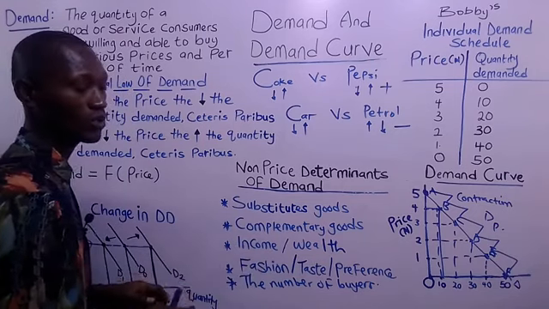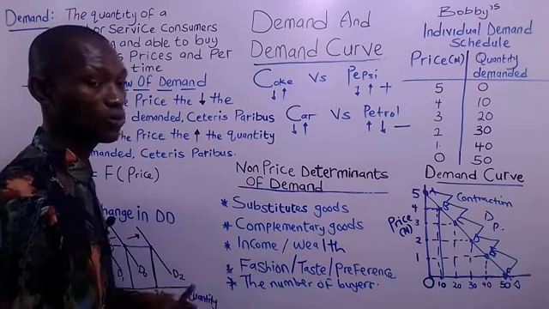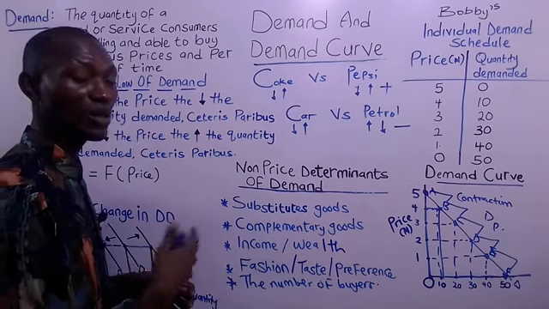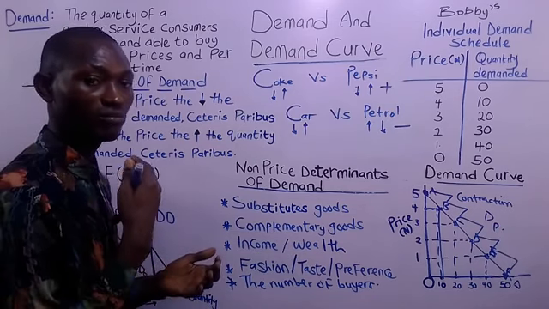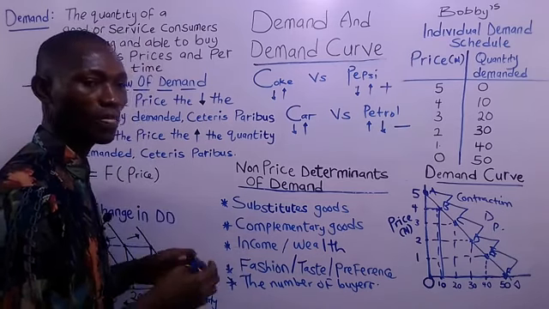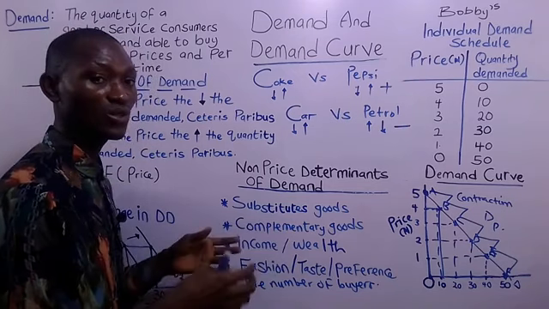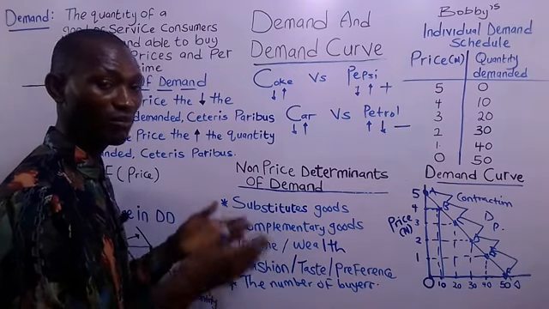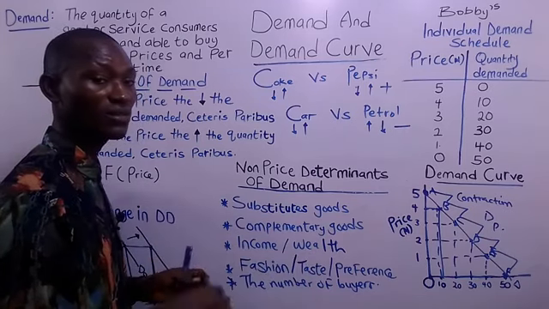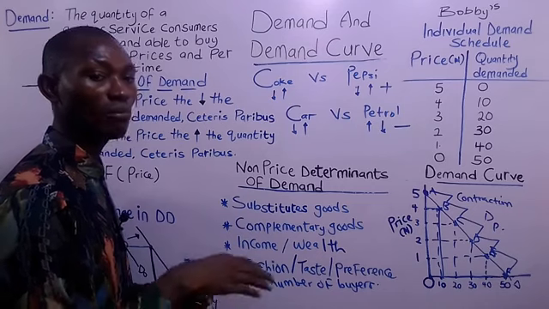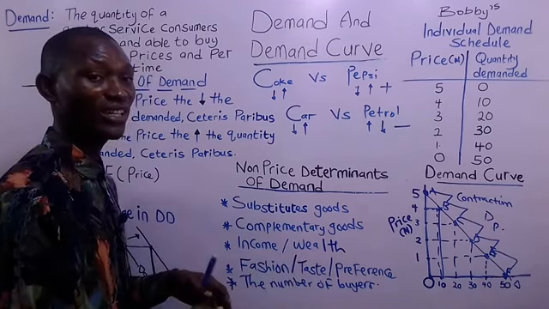Income versus wealth, or income and wealth. Let me draw a distinction between these two confusing words. Income means the sum total of your wages, salaries, profits, dividends, and so on and so forth in a given period of time. It's usually computed per month or per year most times. Wealth means the difference between what you own minus what you owe. So your wealth most times is called your net worth.